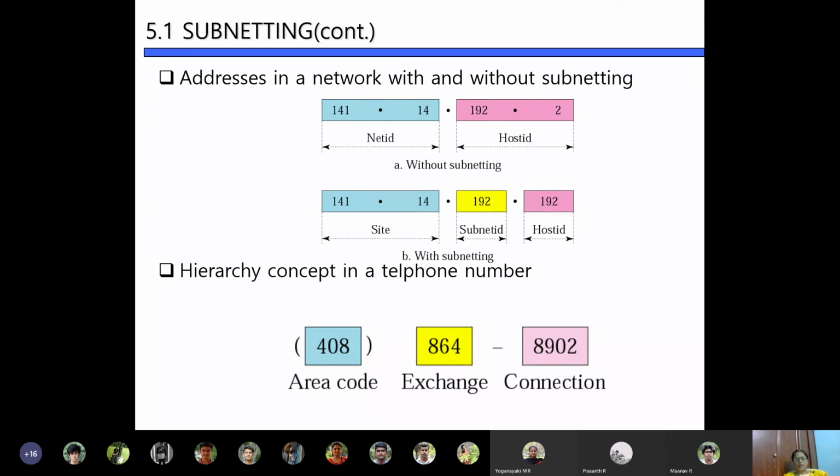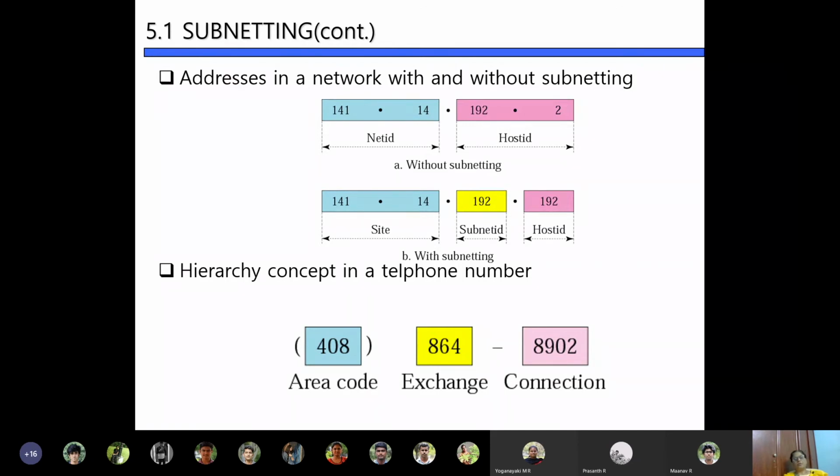If you compare, the total number of hosts present in this case is 2 power 16 minus 2. If you take the second scenario, how many hosts are present? 2 power 8 networks. That means 2 power 8 into 2 power 8 different hosts can be there.